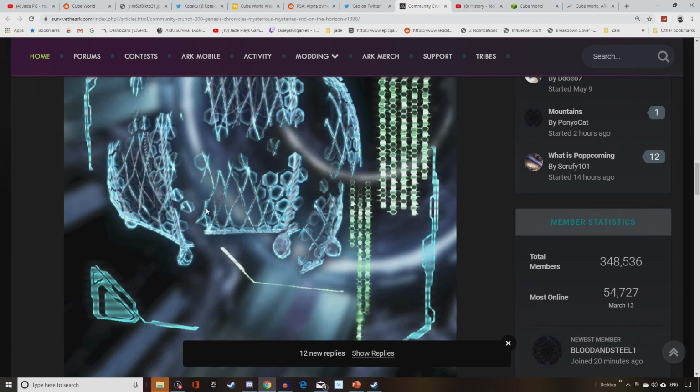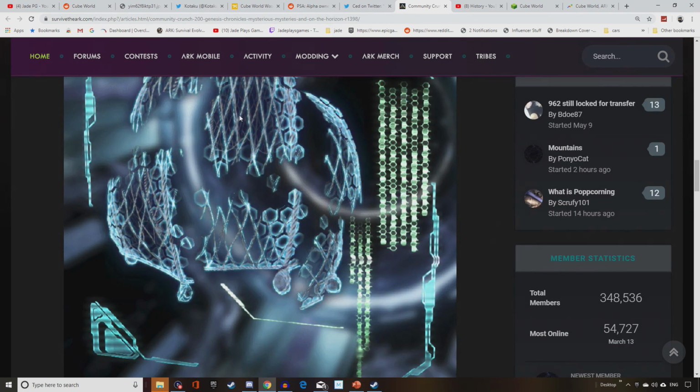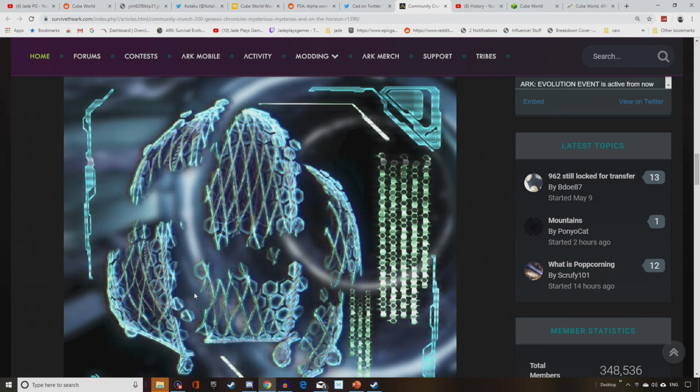So it's clear to me this is some sort of item, but what type of item is it? It looks to me like it is some sort of balloon again. Very much like the balloon that we got in Extinction. You can see the tethers holding it down, rocks in string, but is it an item or is it something